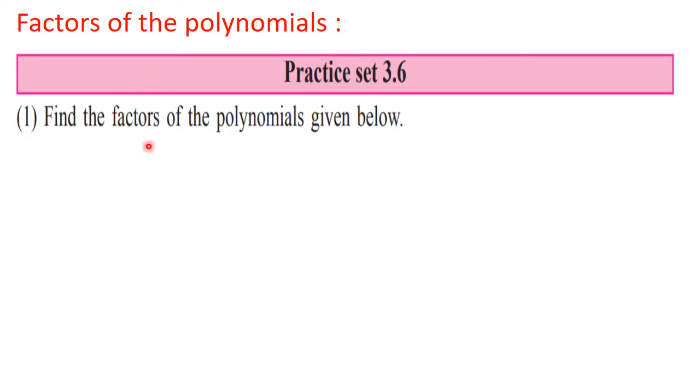First question, find the factors of the polynomials given below. What we find here in this first question is that generally all the polynomials are quadratic polynomials, and we are going to find the factors by splitting the middle term. What we have seen in the previous lecture is that while splitting the middle term, we have to consider the coefficient of the first term and the last term. These two coefficients we need to multiply. So we are going to multiply 2 into minus 1. See, the coefficient of the term with x square and the constant coefficient, that we are going to multiply.